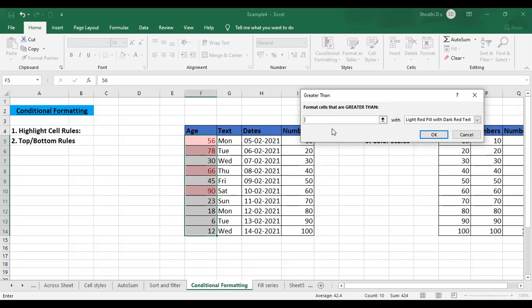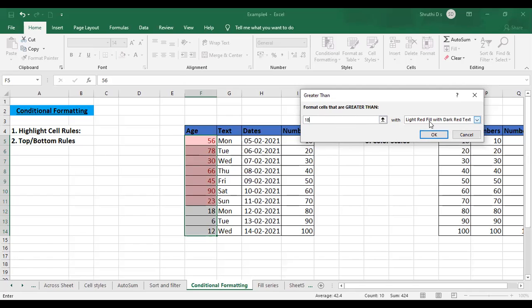So now, as I told, I require greater than 18. So I will mention 18 here, and next you have an option saying 'with', and the next box contains formatting options, because I want to highlight the cells with some colors, right? So here I have a formatting option which asks whether you want to fill those cells in which age is greater than 18 with light red fill and dark red text.